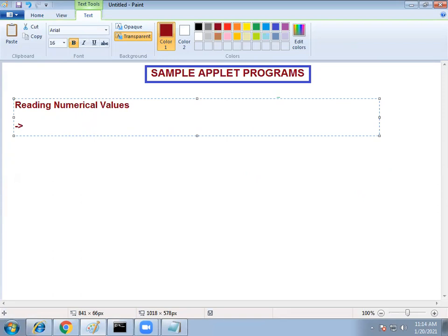So now generally the drawString method is there. This drawString is used to display strings only. And this is available in the Graphics class.